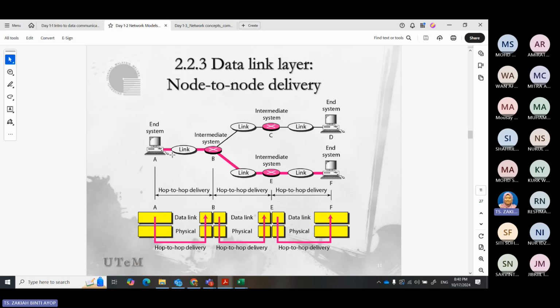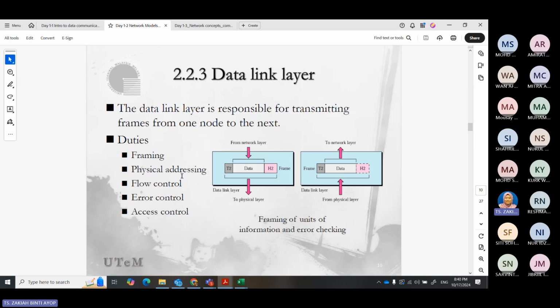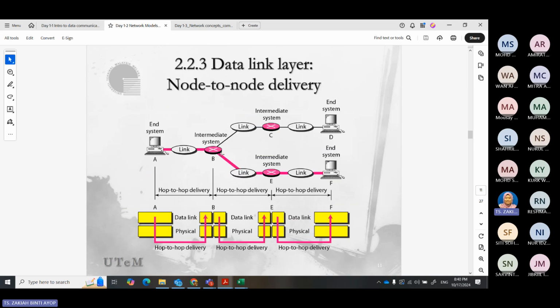Maybe on the switch or maybe on the router. So this can be a router, this can be a layer 3 switch. In order to send it to the router, it needs to have a physical address.